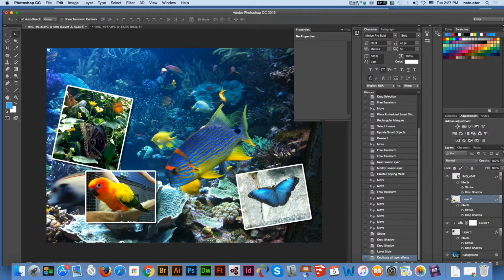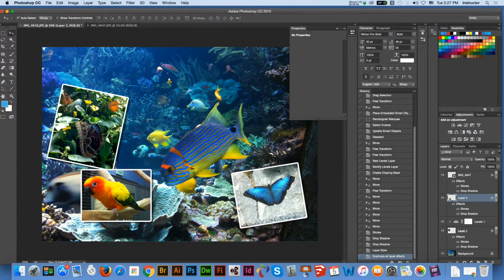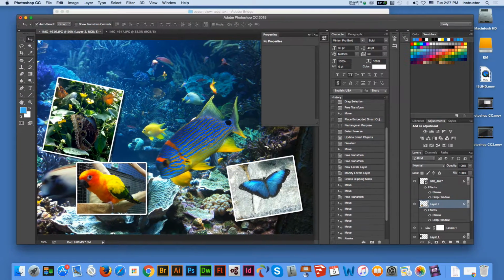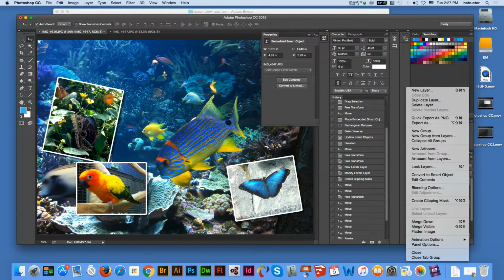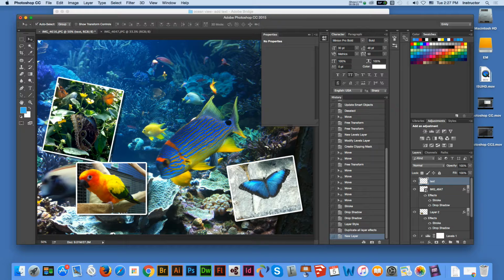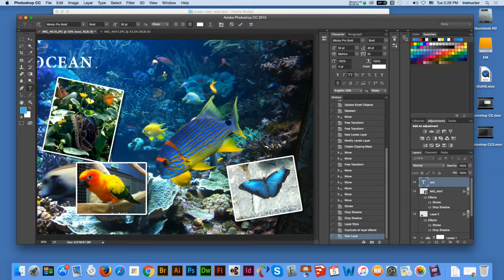Okay. And now we need to add text, which is we call the typography, the art for the text for the design and the placement. Going to add a new layer. I'm going to call the text. Use your type tool and click on the top. Going to see ocean